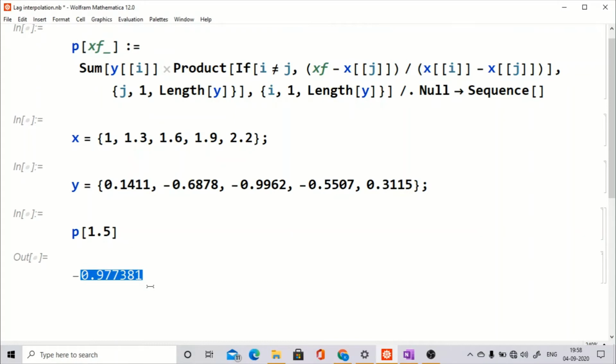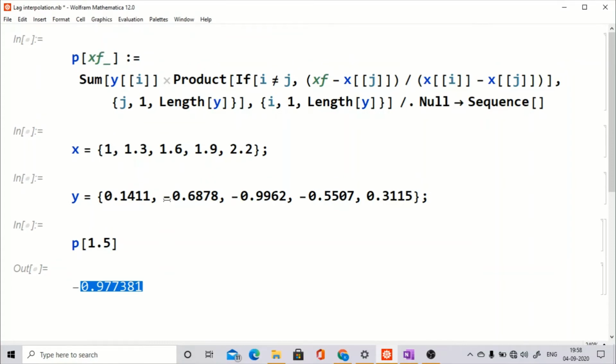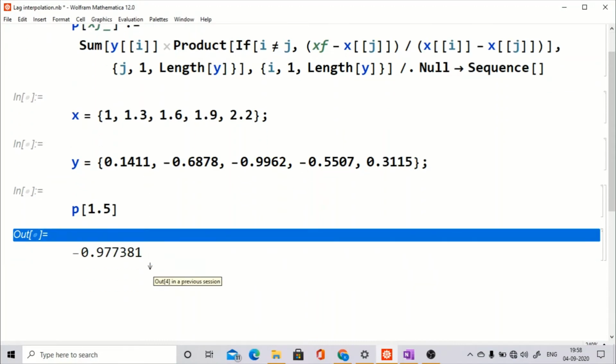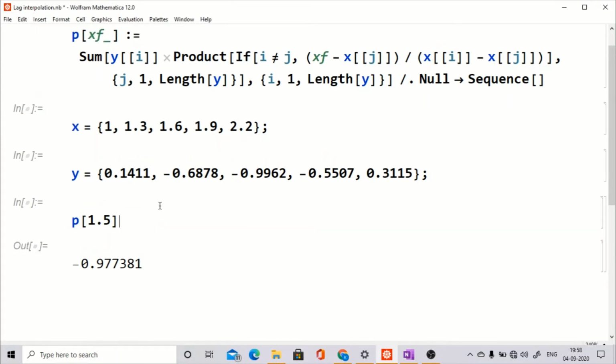Okay, so this is how you can basically write a program for yourself, not depending much on the inbuilt functions of Mathematica. You can simply write your program like in any other programming language, and in the same way you can implement the program in Mathematica, using the very simple syntax of Mathematica. Taking advantage of such a simple syntax, you can write your own programs. If you don't like inbuilt functions much, then you can use this kind of technique where you can write one line programs and it works fine.